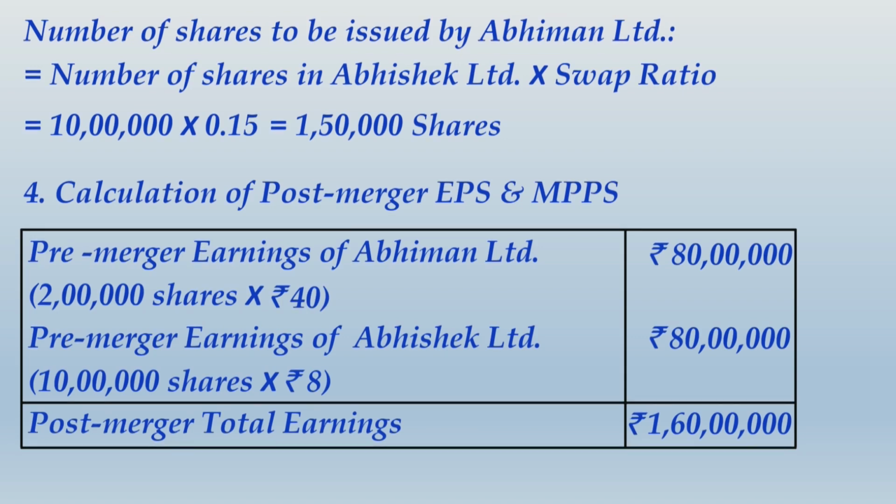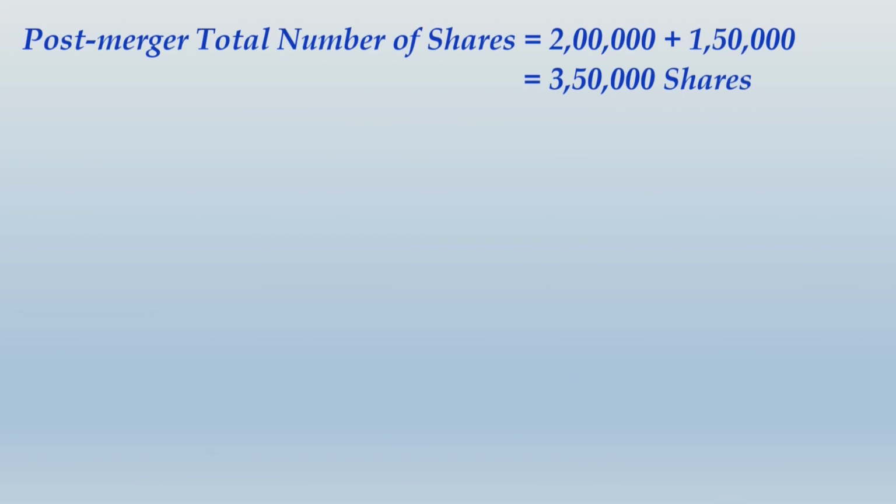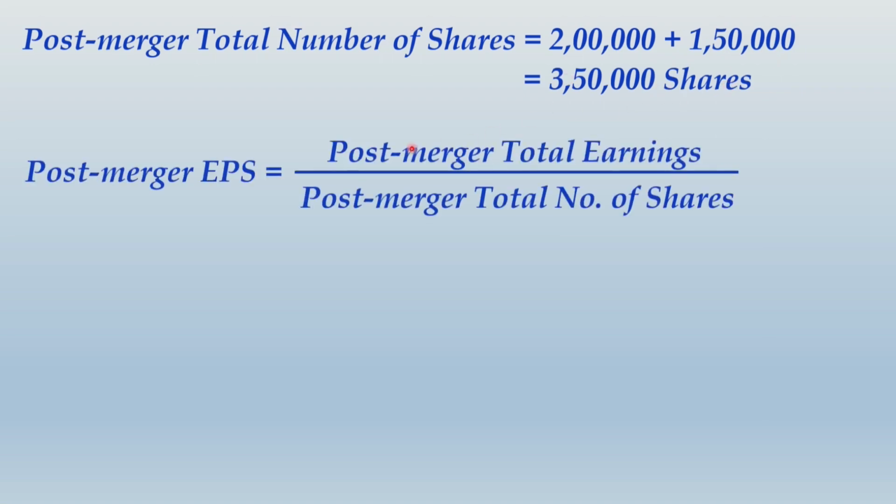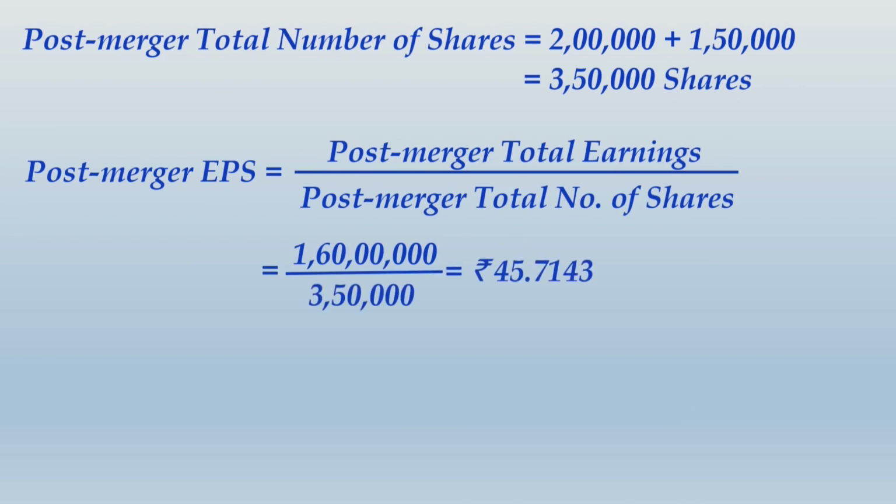Alright friends, you would have finished making these calculations. Now let us move ahead and compute the post-merger EPS. For that, we would first figure out the post-merger total number of shares. Notice one thing, Abhiman Limited already had 2 lakh shares and now it has issued 1,50,000 additional shares for acquisition of Abhishek Limited. Once you get this, you are ready to compute post-merger EPS, which will be post-merger total earnings divided by post-merger total number of shares. That will be 1 crore 60 lakhs divided by 3,50,000, and that gives you rupees